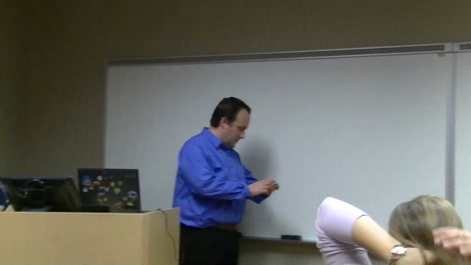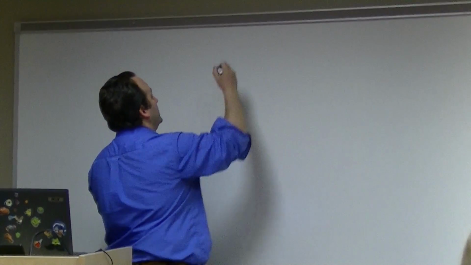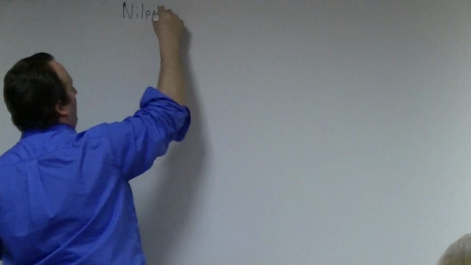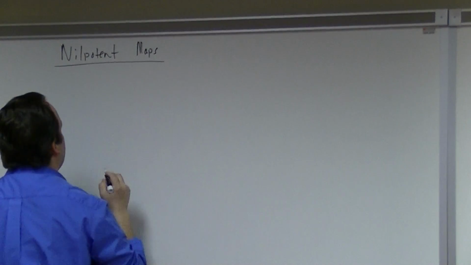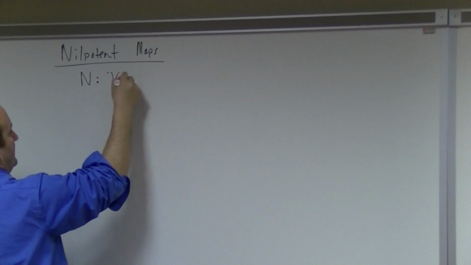Started to talk to you guys about the nilpotent case, right? So let's talk more about that. Nilpotent maps. So essentially the point is this: you've got n is a mapping from, say, B to B,